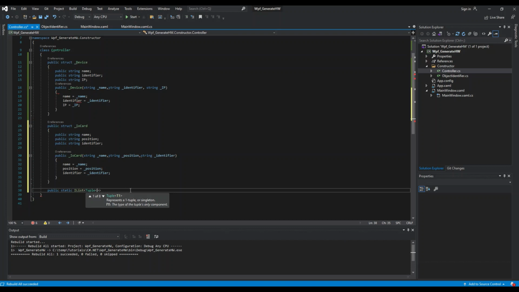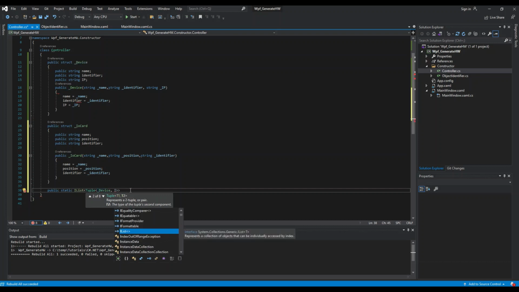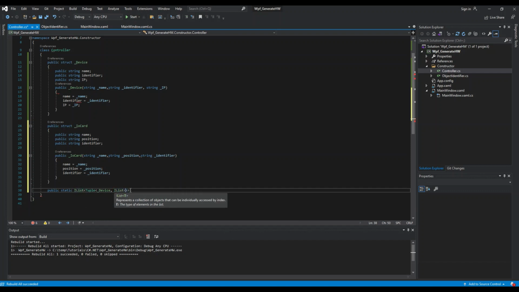So we're going to call the device, and then create another list inside the structure, which is going to be of the I/O cards. So let's just go here, and it's going to be the I/O card, and here I'm going to call it devices,